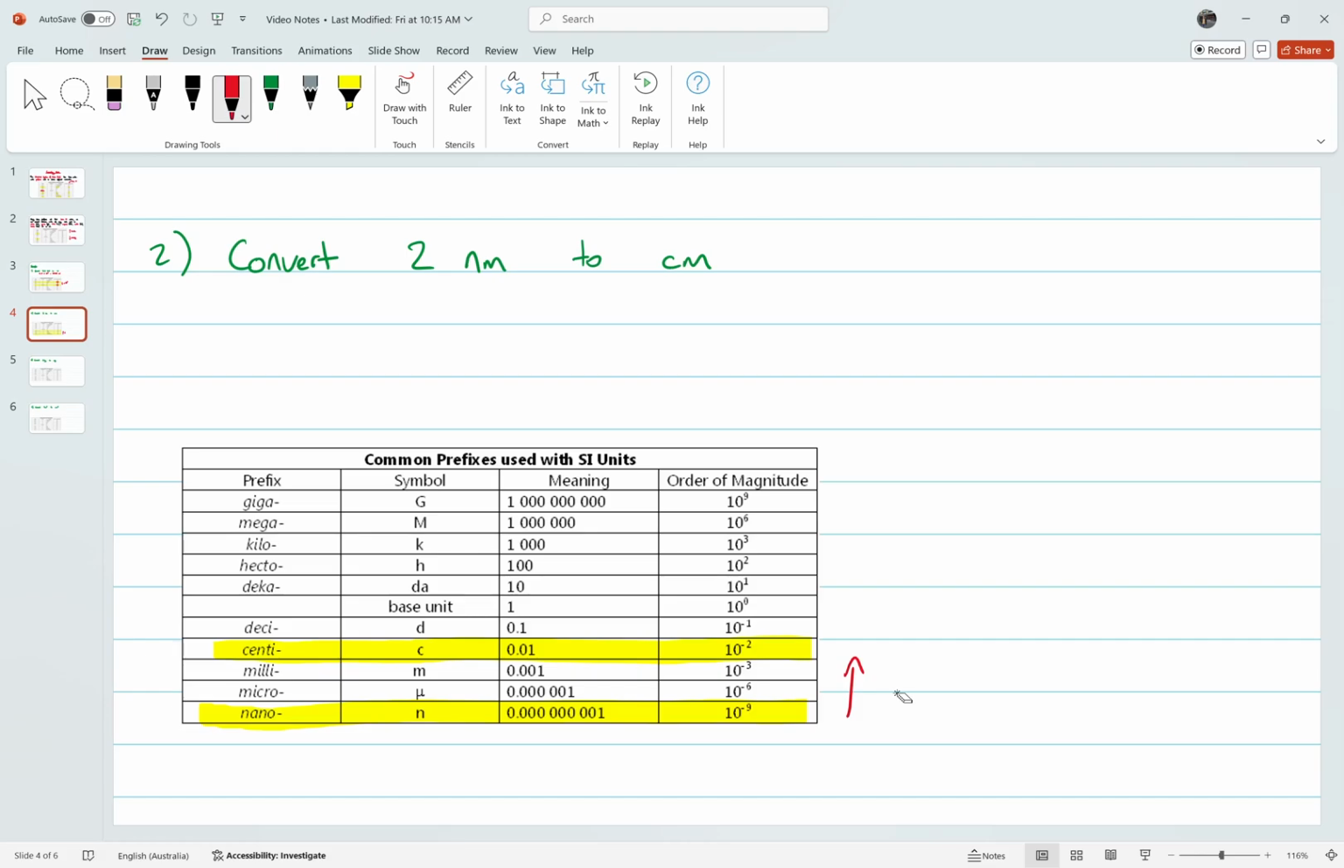And then we also now need to look at the difference between these orders of magnitude. So nano is -9, centi is -2. So the difference is 7. So I'm going to be dividing by 10 to the power of 7. So 2 nanometers, I'm going to do 2 divided by 10 to the power of 7. If I do 2 divided by 10 to the power of 7, that gives me